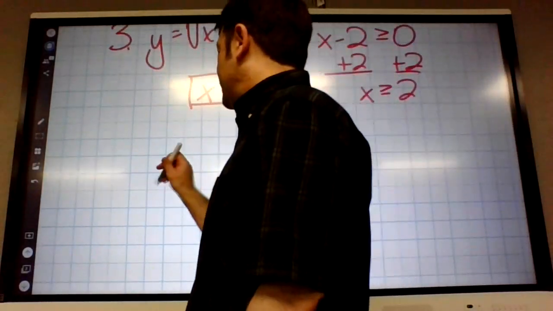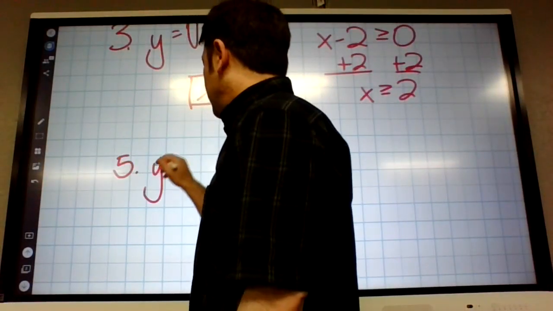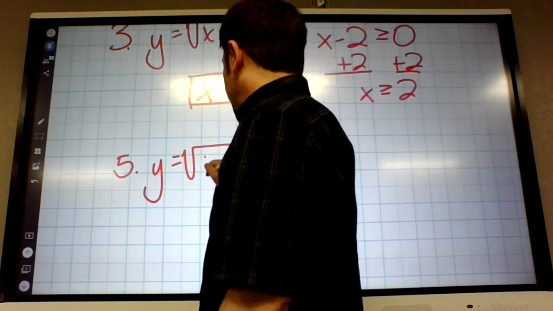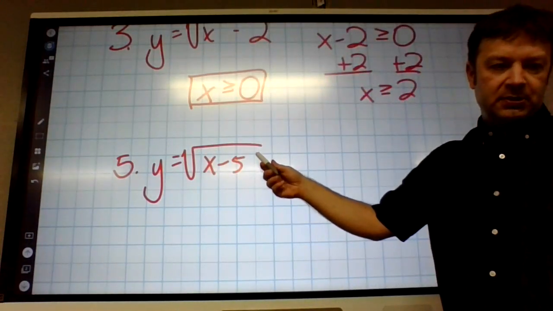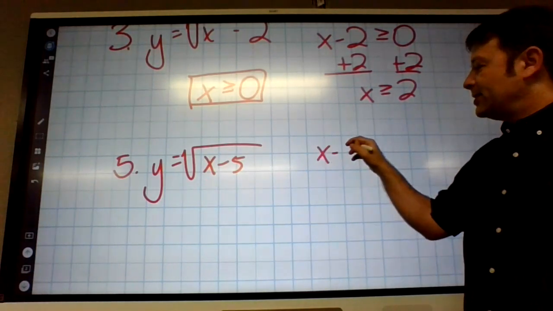So number 5 is kind of what I was just talking about. It's square root of x minus 5, but it's all under the square root. So we need x minus 5